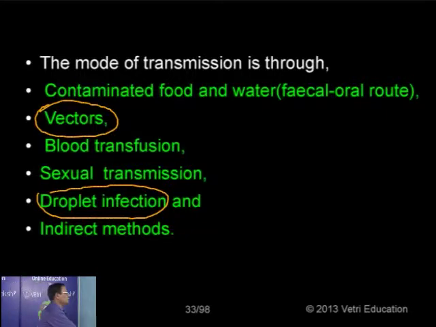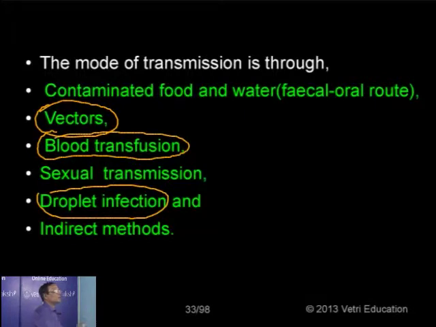Now, the next one, blood transmission. For example, hepatitis B enters into the body through transmission of blood, or AIDS enters into the body because of the transmission of blood. So some of the parasites also get into the body through the transmission of blood, even during organ transplantation like that. Then some diseases are transmitted through sexual contact. That is called sexual transmission.